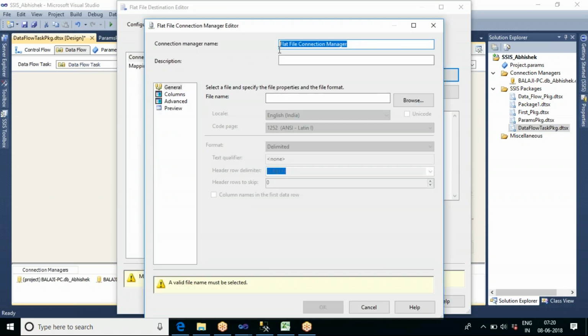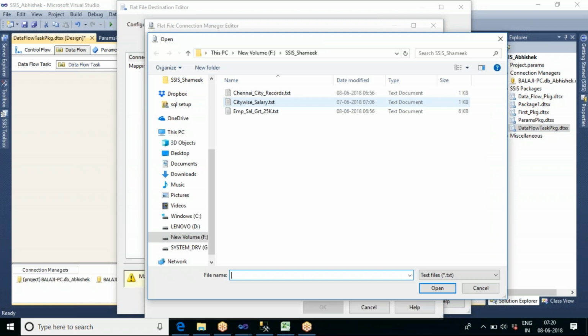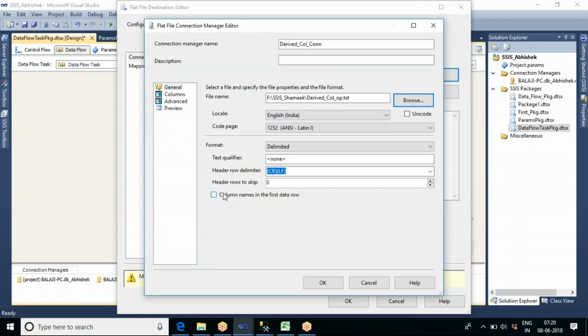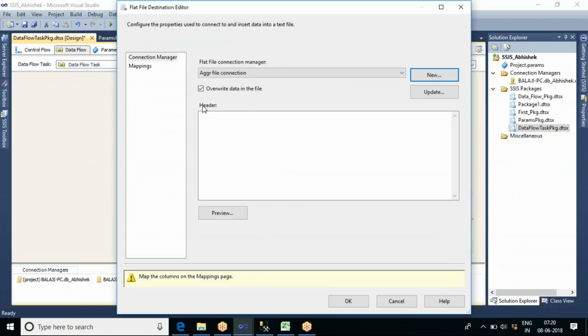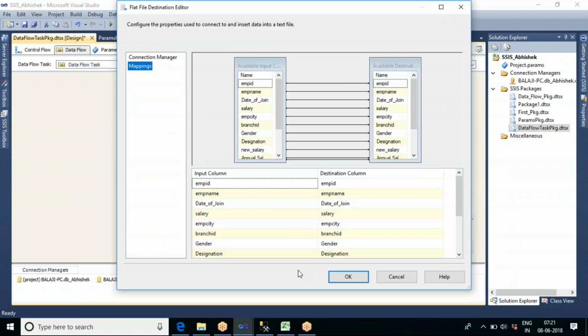Connection, let us go on browse. I put the text file. Do you want column names? Yes. Go to the mappings. Now you can see we are getting the new columns also here.